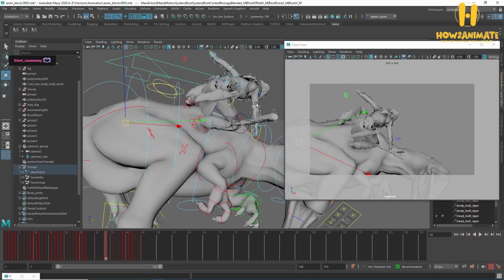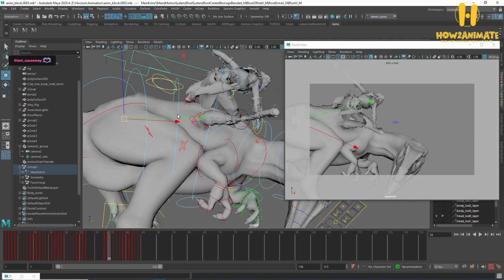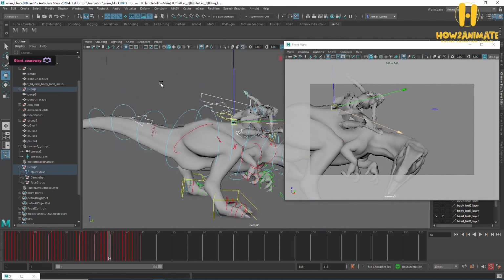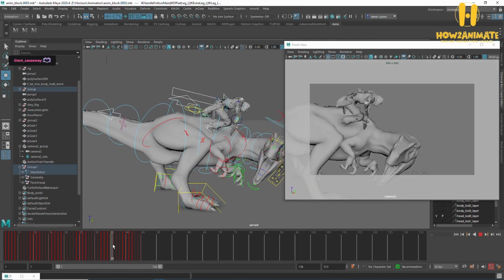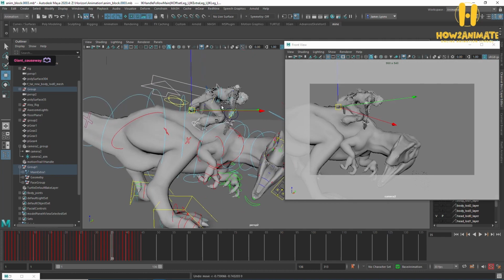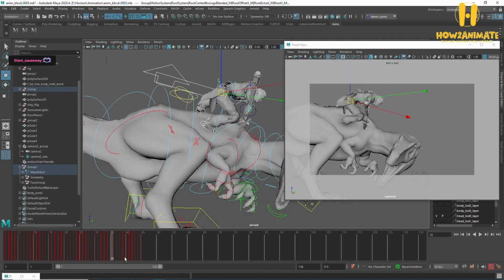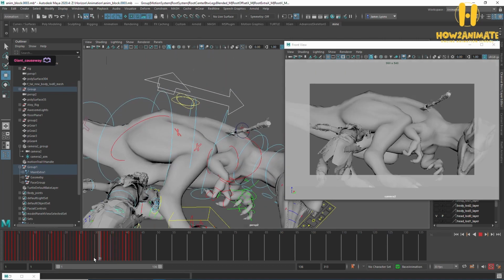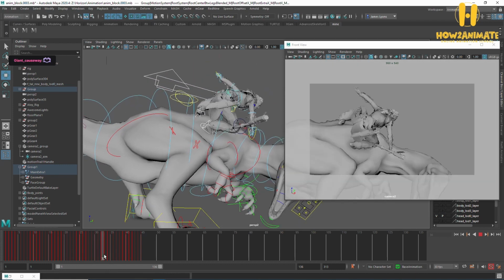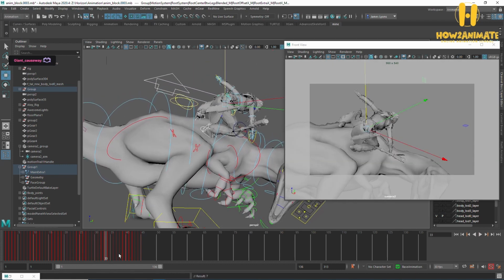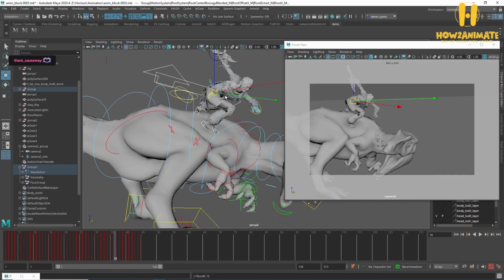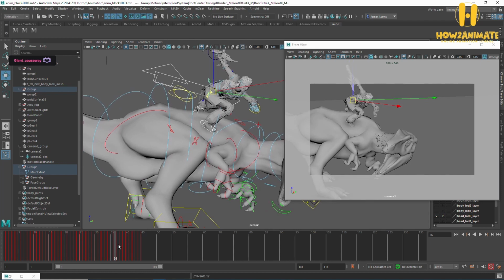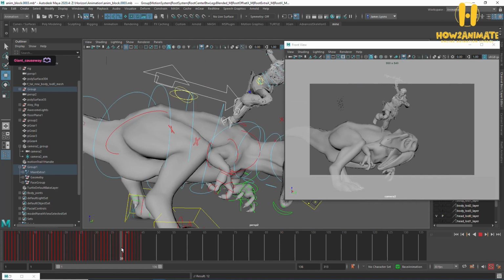Alright, so what I'll do is I'll start with the core first of all. I'll probably select her feet as well, just to keep it all in line for now. I'm going to grab her hips as well. Put a bit of ambient movement here, because obviously I don't want him just to completely die. Make this a bit more of a down position here. Comes up. Give that a bit of a nudge. Because at this point he'll raise up a little bit. Okay, and then as he gets kicked downwards,